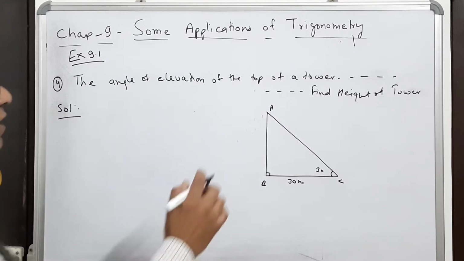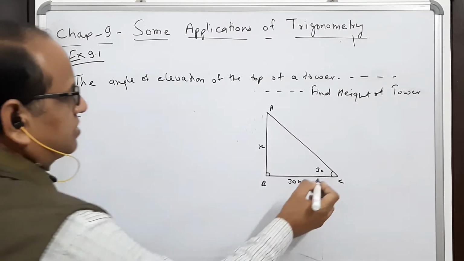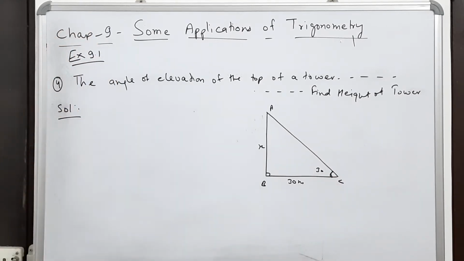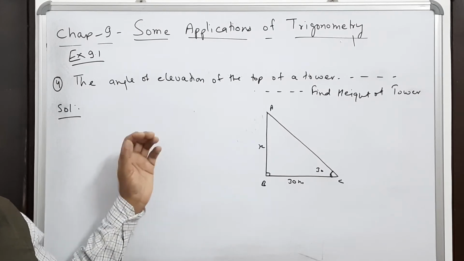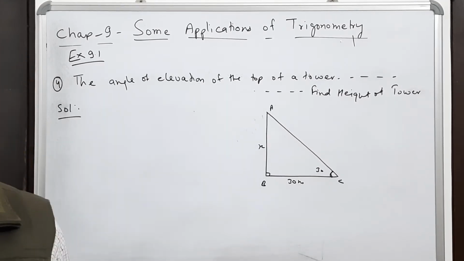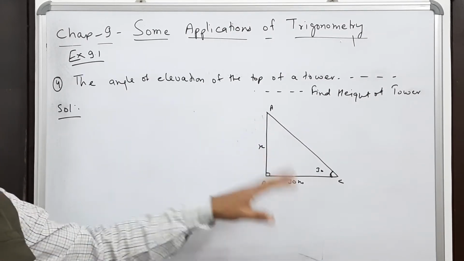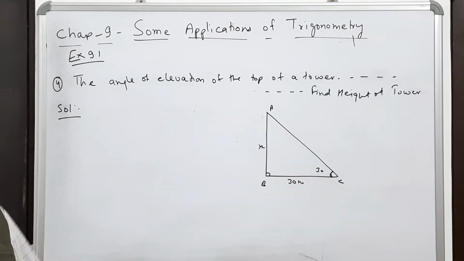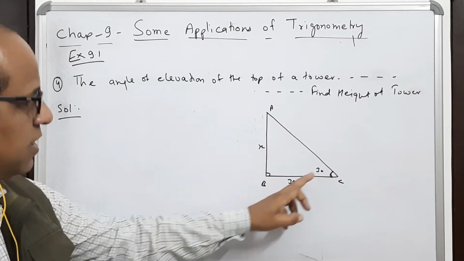And what we have to find? We have to find the height of the tower. This is the angle of elevation. I already explained this part. In these types of sums, the important part is to make the diagram. I am already sending the image with the answer written. Instead of ABC, you can write PQR or XYZ, as you can make your own answer. But these concepts are important.